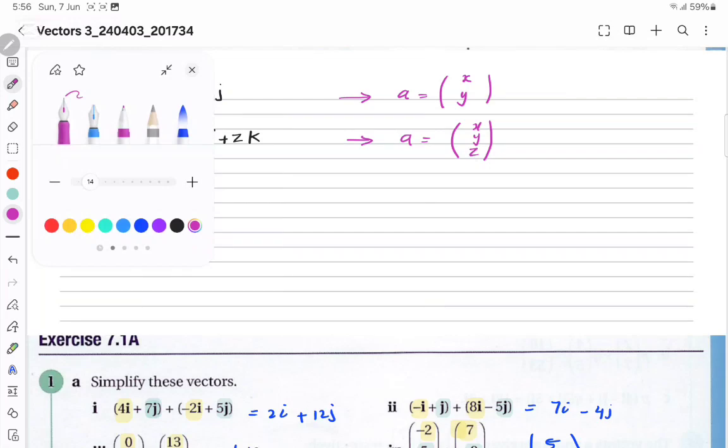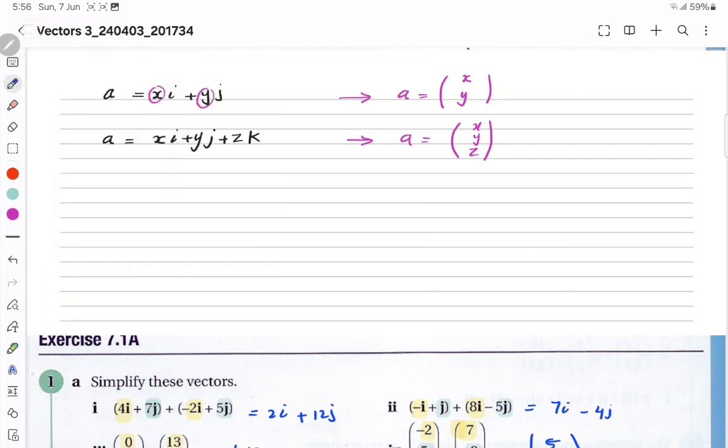So, to find the magnitude of each of which, the magnitude is represented by the modulus of A, and it's always equal to the square root of x squared plus y squared, and here the square root of x squared plus y squared plus z squared. How to evaluate the magnitude? So now, to find the direction,